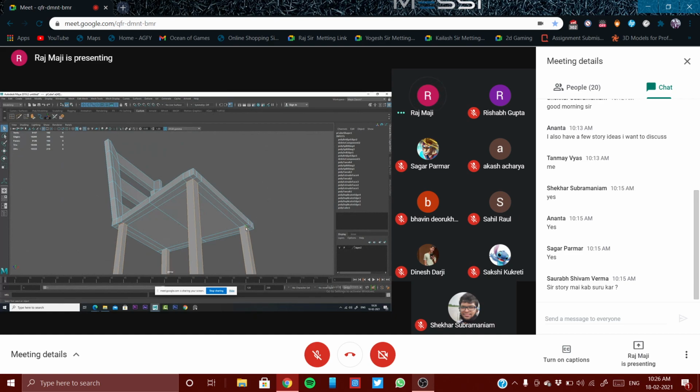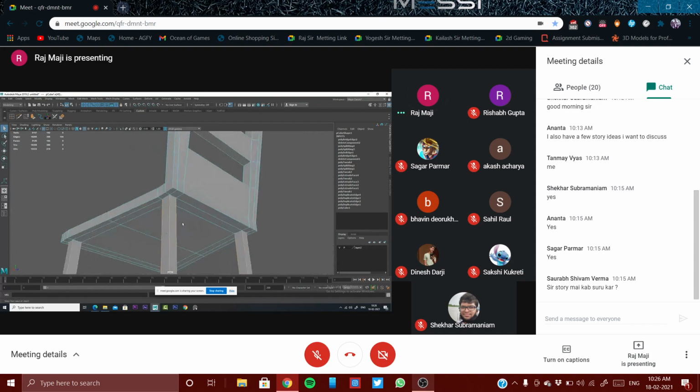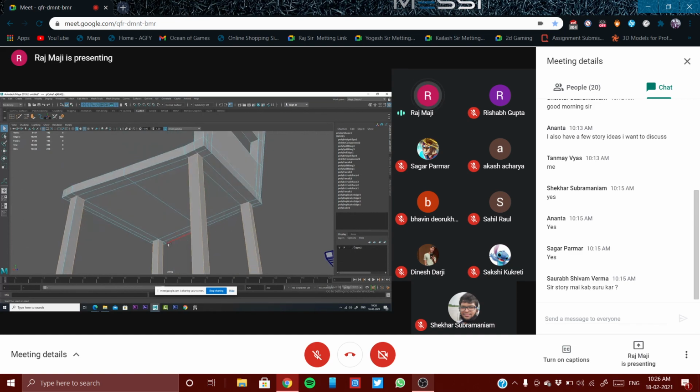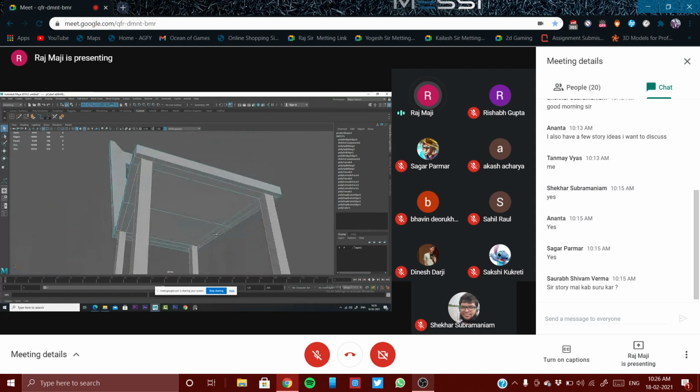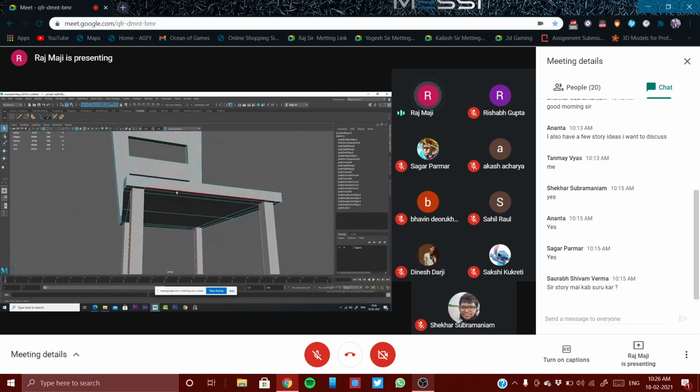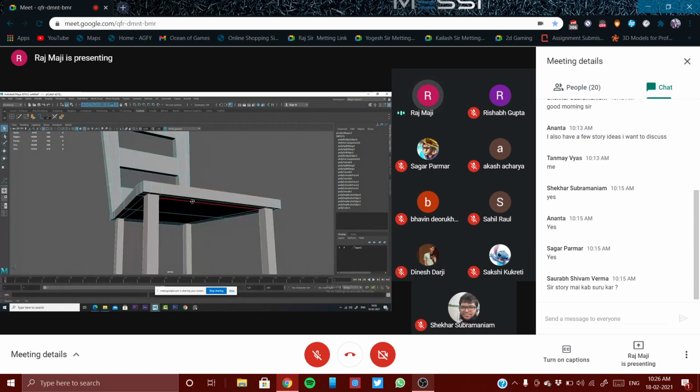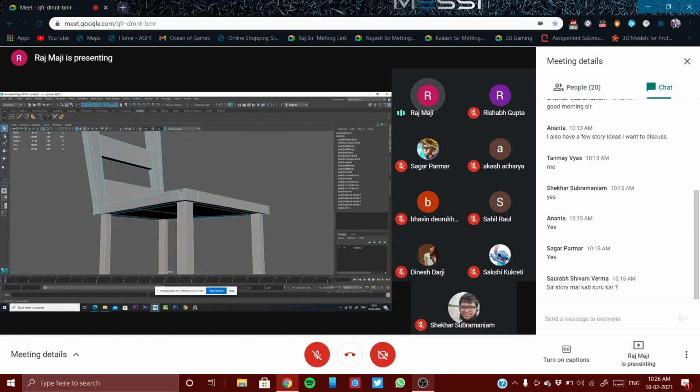So this connecting area also should be beveled. This we need to decide: the areas that are really important and have to be hard edges, we have to do bevel like this one. Not all the loops should be beveled.